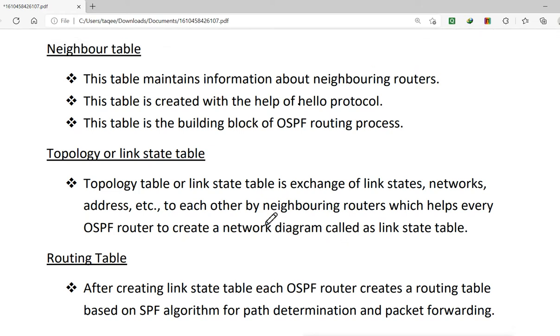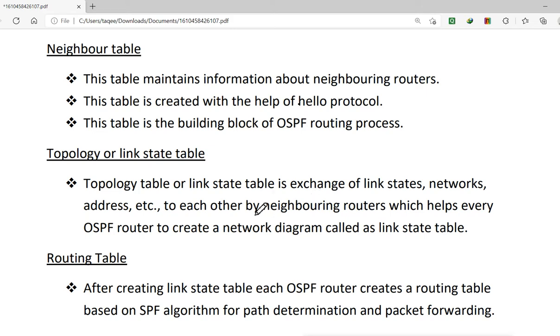So when they create the neighborship, what does the routing process do? It exchanges information with each other, and with the help of that information from the neighboring routers, it creates the diagram of the network, and it is called the link state table.